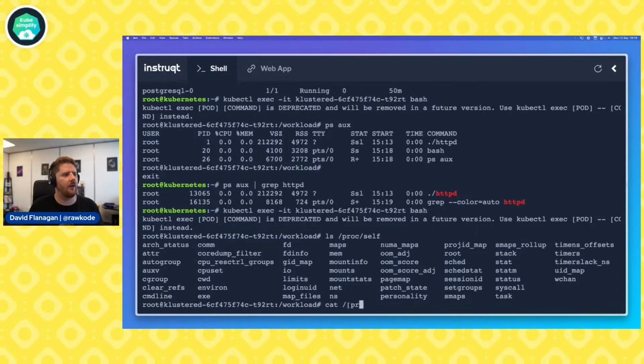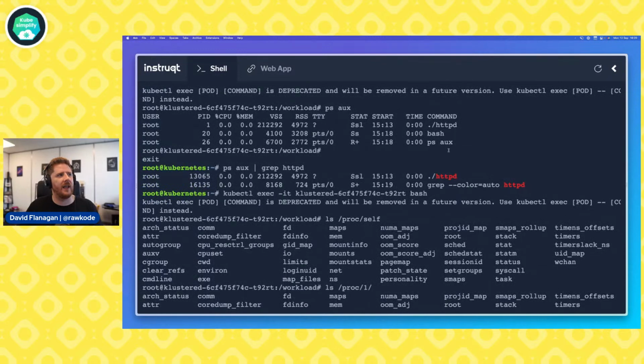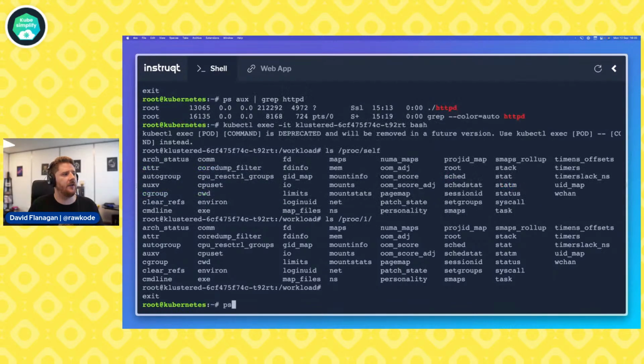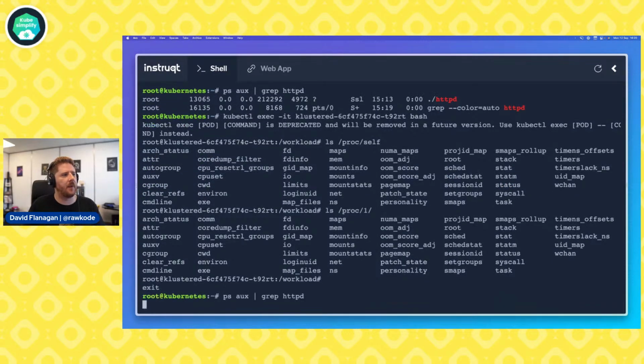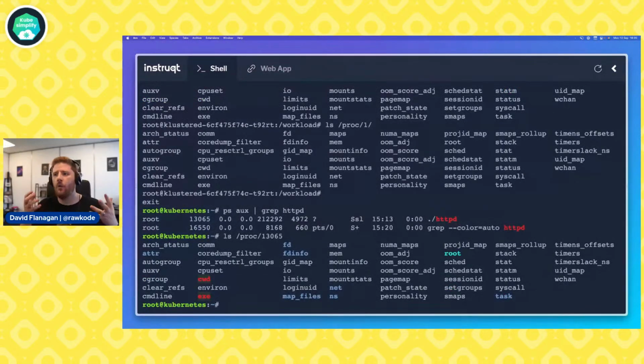We could do /proc/1 because our application is PID 1. How do we get that? Well, PID here is 1, and we're inside the container. We could also do this on the host. So if I do that ps again, we could do an ls /proc and copy the process ID from here. Either way, we're still getting the proc file system for this application.